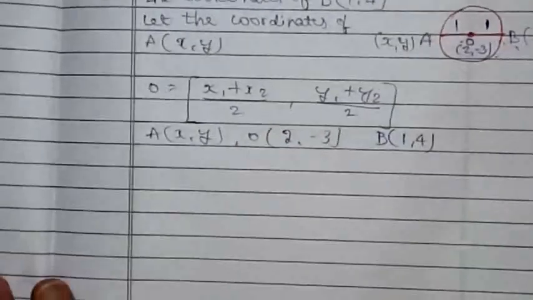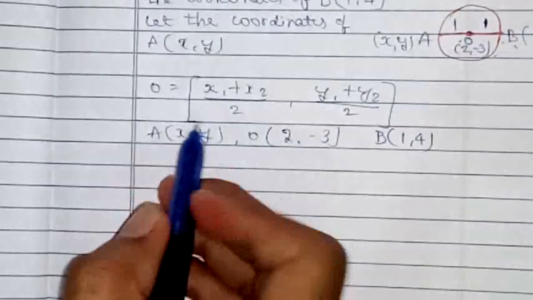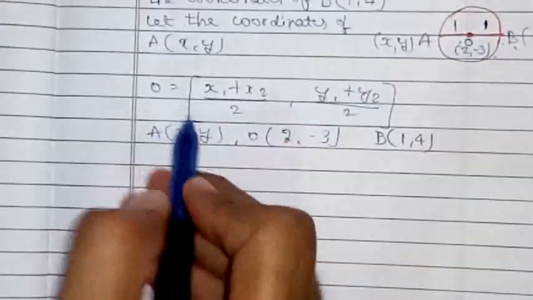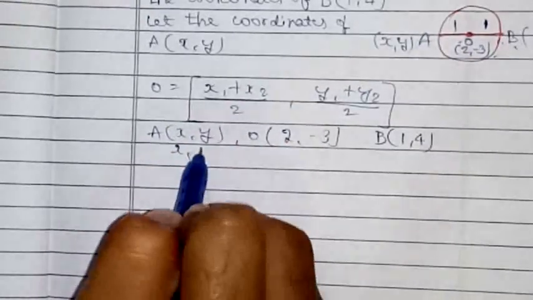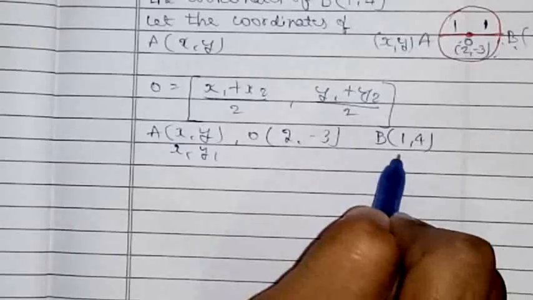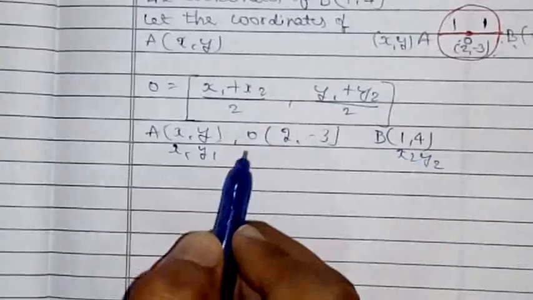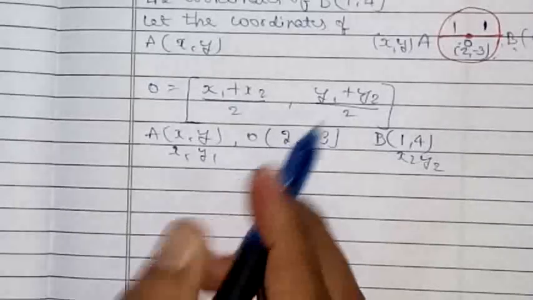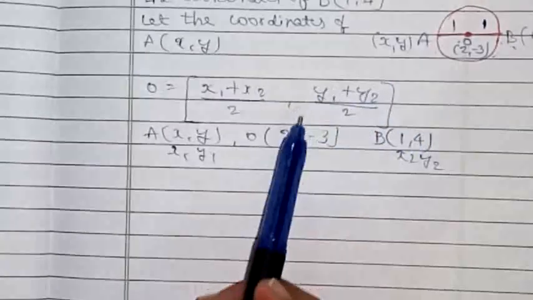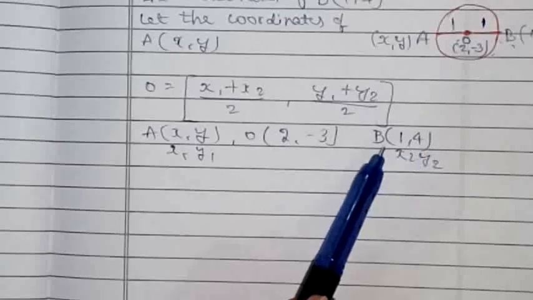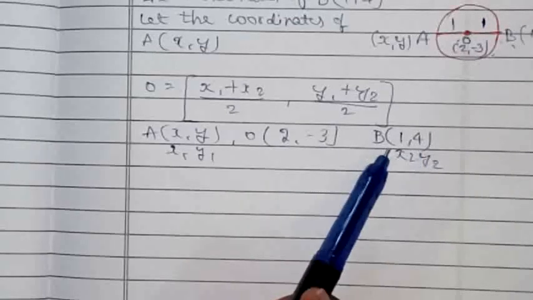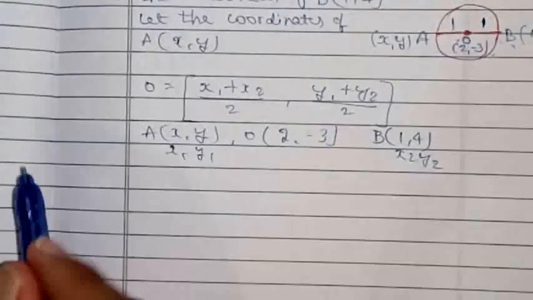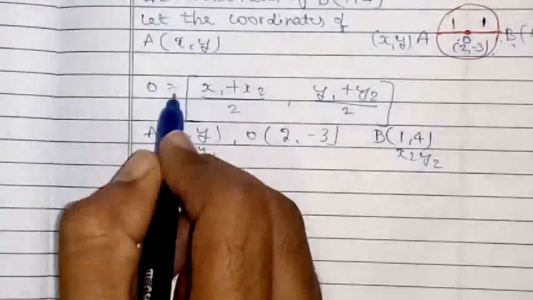Now as usual, write down the first point A, because you need to take A and B coordinates, right? So therefore write down this one as x1 y1. Here in the B, write down this one as x2 y2, right children? Don't write the x2 y2 here at O, because O is the midpoint of a circle, right? So therefore don't write the x2 y2 here. You need to write down the x2 y2 in the B coordinates, right? Now just apply the values in the formula.